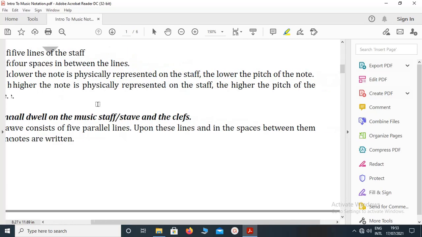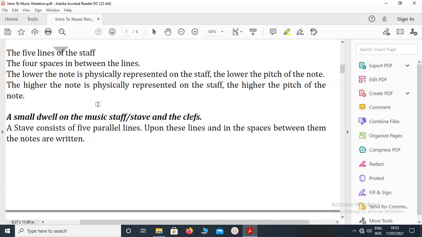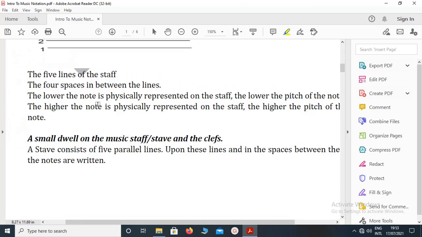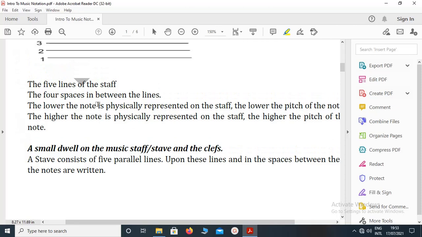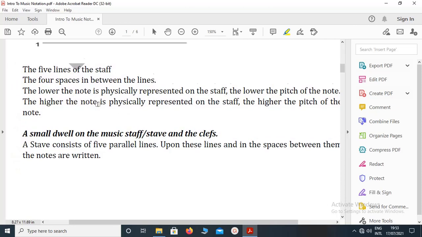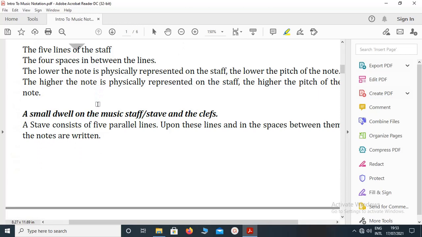Having said that, the higher the note is in the physical representation of the staff, the higher the pitch of the note. That's what I was trying to say. Now, the lower the note is in the physical representation of the staff, the lower the pitch of the note. Now, a small emphasis about this is that